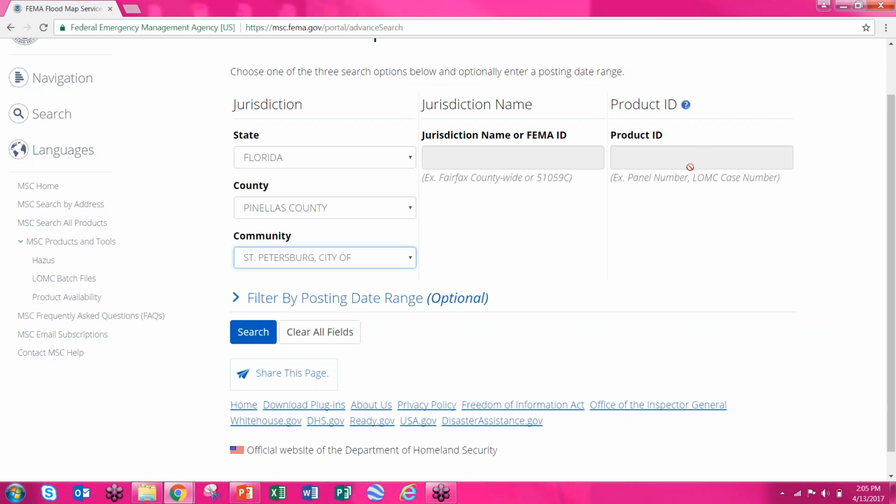Or if you had a letter of map amendment, map revision, or any kind of letter, like a letter of determination review, any of that information, if you had that number, you could put it in this product box and it would pull it right up for you. Now I'm going to show you in a moment too how else you can pull that information. But any of this information that you fill out, once you fill it out, you can go ahead and hit search,